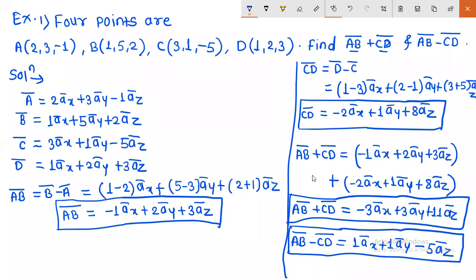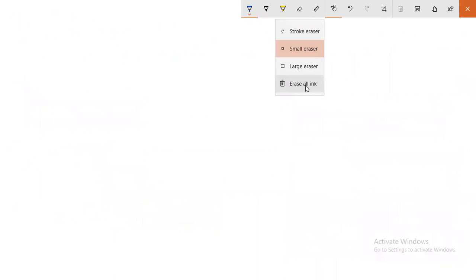Now I will give one more example for you. And everyone solve each and every homework. So it will be beneficial for you only. So can I erase this? All of you noted? Yes. Okay. So now take the next example.